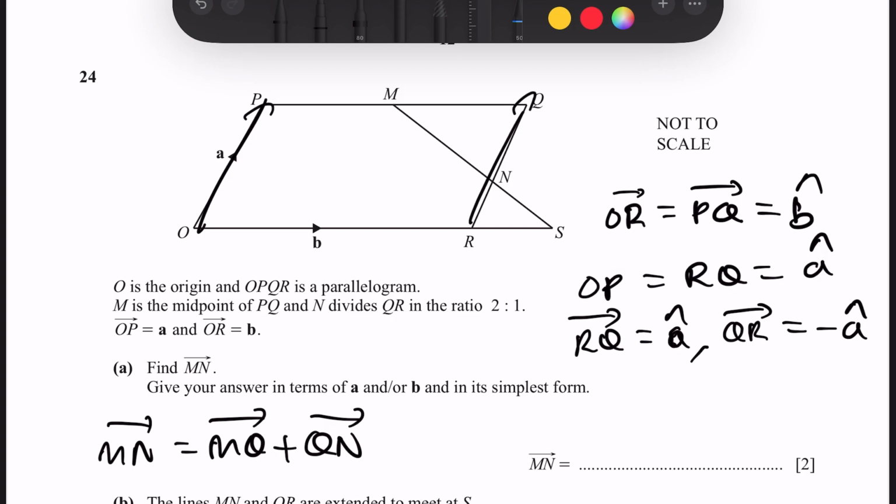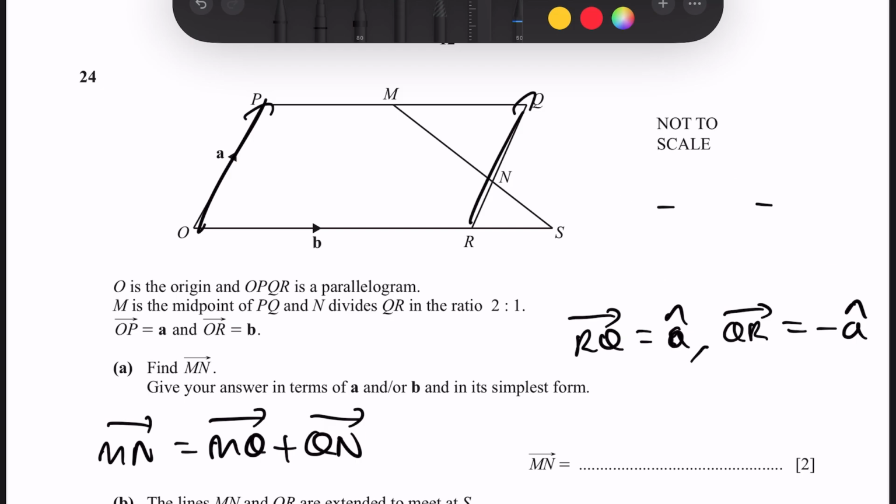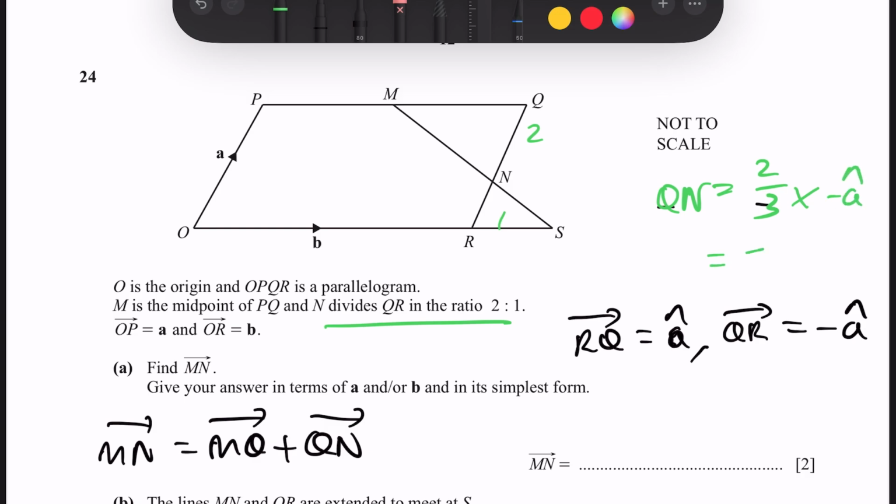Now that's one fact that we know. And since N divides QR in the ratio 2:1, this means that QN is equal to 2/3 of QR, which is equal to negative A. Therefore, QN is equal to negative 2 by 3A. So if you rewrite QN as negative 2 by 3A,